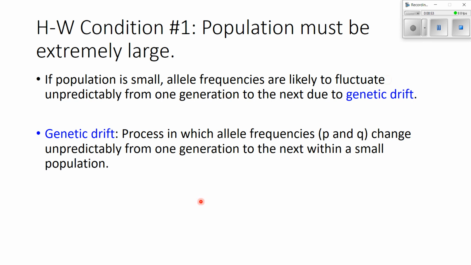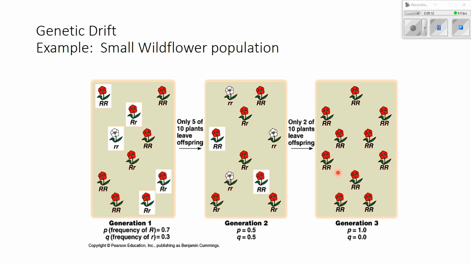Genetic drift is defined as a process in which allele frequencies change unpredictably and randomly from one generation to the next within a small population. Let's look at an example of genetic drift. So here we have a very small population of wildflowers. You can see that most of them are red. There's 1/10 of the population that is homozygous recessive and has white flowers. So in this small population of 10 plants,